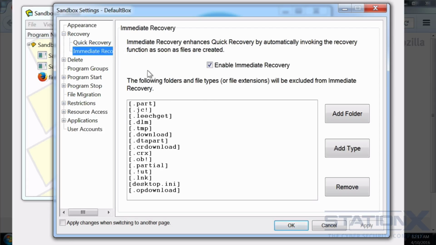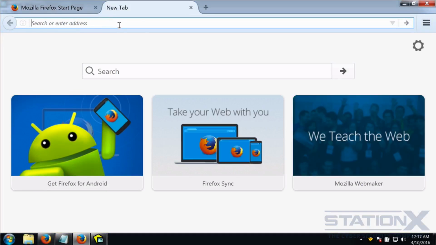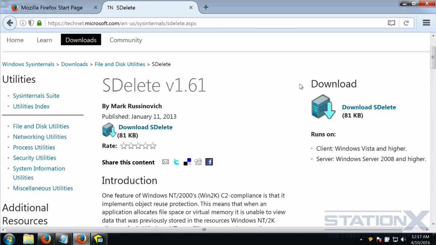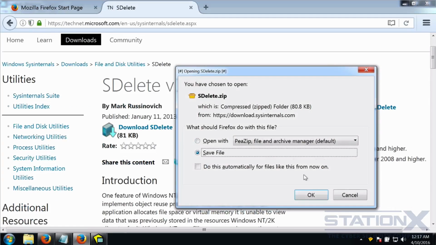Now let me show you what immediate recovery is, and it is quite useful. So let's go here. I'm choosing to download a file here just to demonstrate. I'm choosing the file sdelete because we are going to use that later. So let's download that, save it,